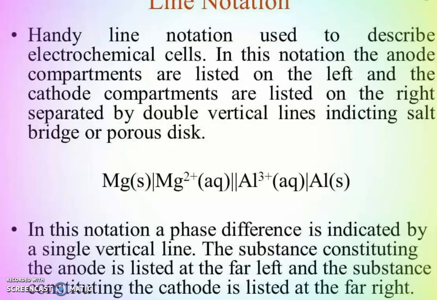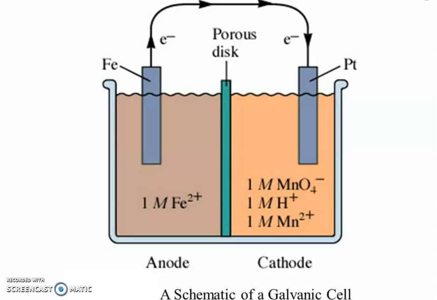Separated by double vertical lines indicate salt bridge or porous disk. So in this notation, a phase difference is indicated by a single vertical line. The substance constituting the anode is listed at the far left and the substance constituting the cathode is listed at the far right. Now you can see anode compartment, cathode compartment, you can see the porous disk,